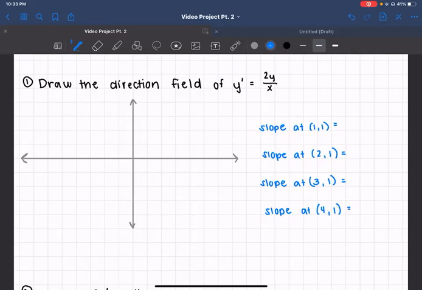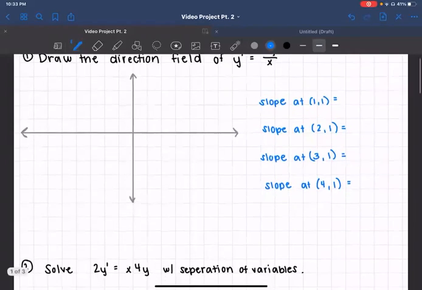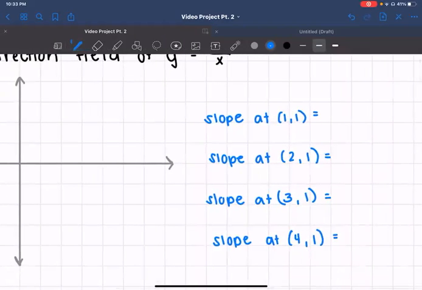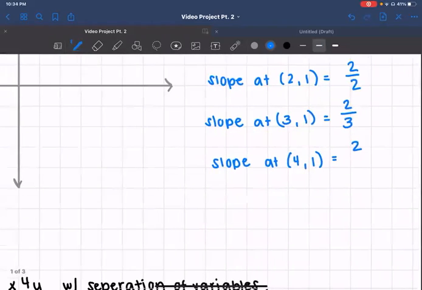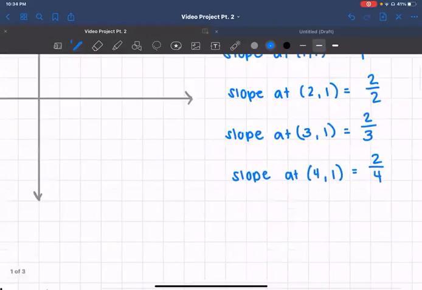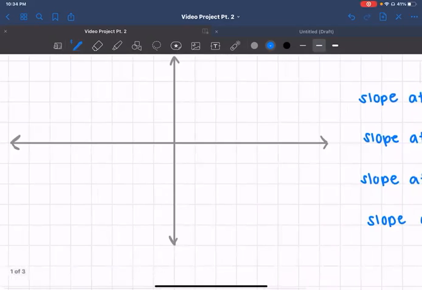So number one is to draw the direction field of y prime equals 2y over x. We'll just start off with finding the slopes at each point. So for the point 1, the slope is going to be 2 over 1. This one's going to be 2 over 2, 2 over 3, and 2 over 4. And then to use this to draw the direction field,